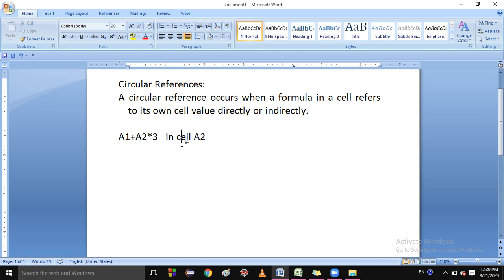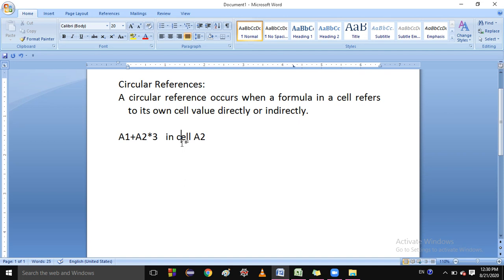Basically, if a cell contains its own cell address in the formula, directly or indirectly, then it is called a circular reference.